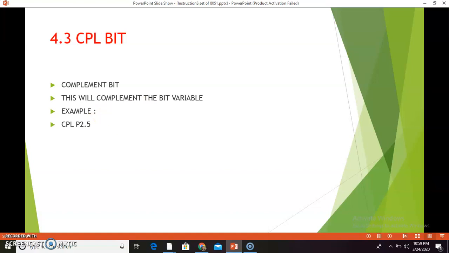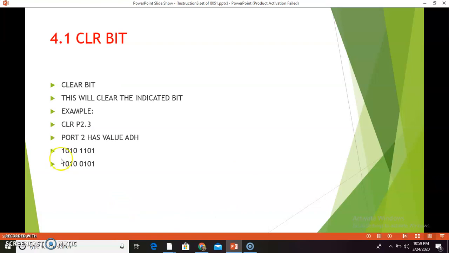Third instruction is CPL bit. CPL is nothing but complement bit. So this instruction will complement the bit variable. Example CPL P2.5. So say suppose P2 is having some value like 10100101. We will take the same value. Say suppose the same example we'll take